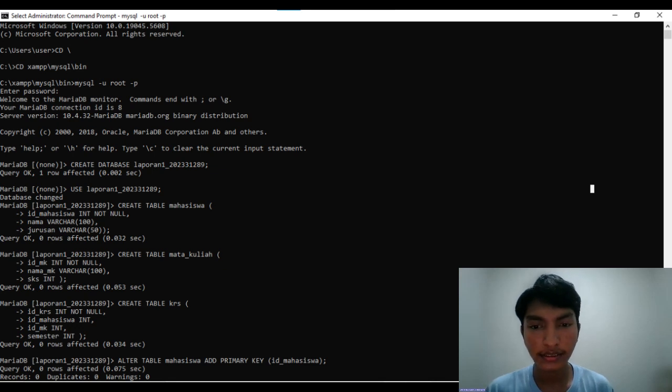Okay, the third is creating the mahasiswa table. This table stores student information. ID mahasiswa is an integer and will act as the primary key.